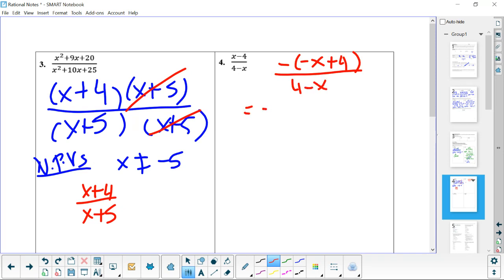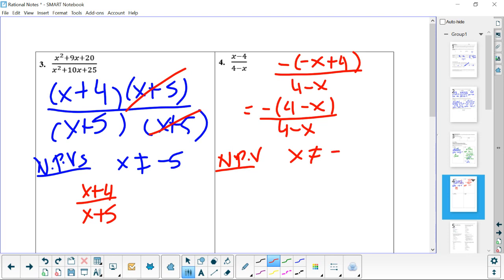So -x plus 4 can also be written as 4 minus x divided by 4 minus x. Okay, now I'm going to calculate my non-permissible value. The non-permissible value here is x should not be equal to 4. And now let's simplify this by canceling out the common factors. So our answer is